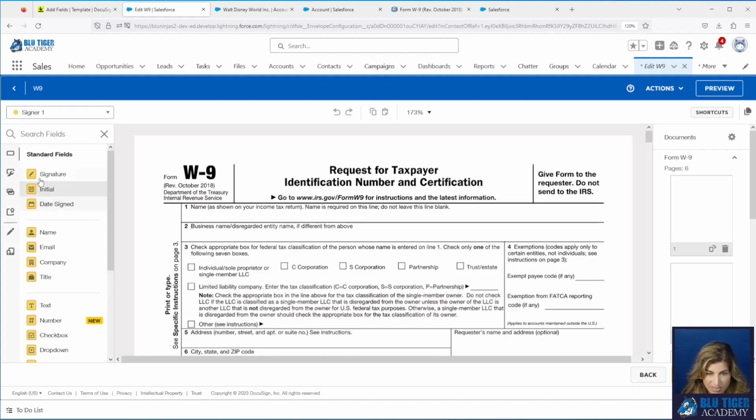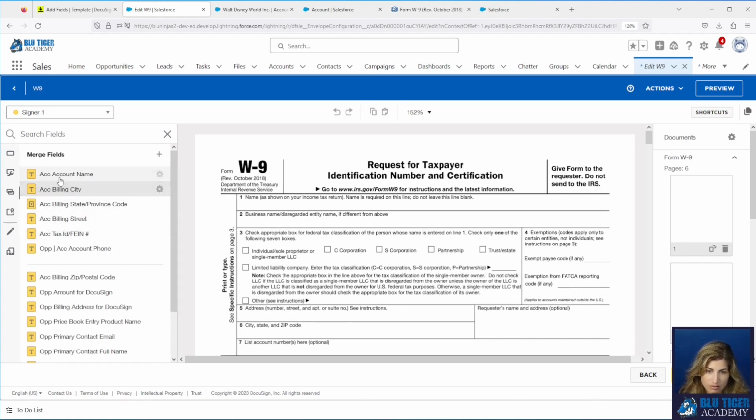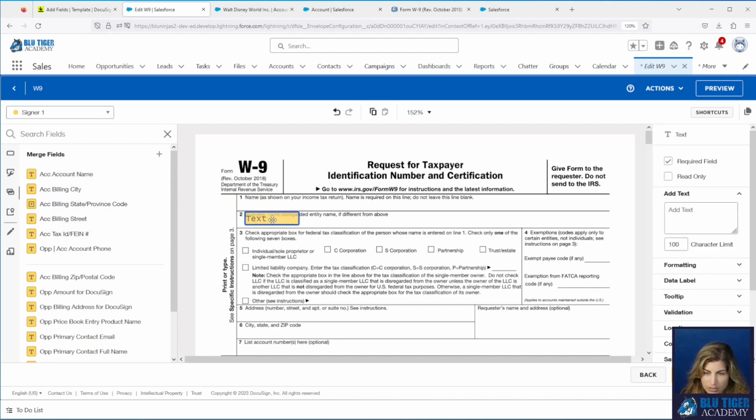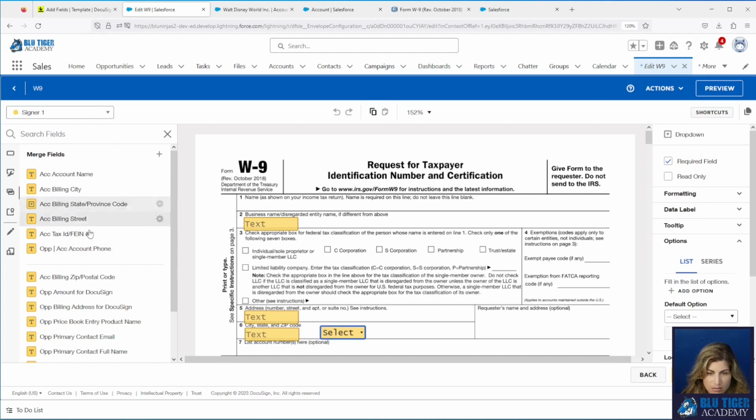Now there's still a couple of things we have to do to make some magic happen here. We'll go to our merge fields and we'll add the ones that we can. So we have our account name. Actually goes down here. Our address, our city, our state, and then our zip.